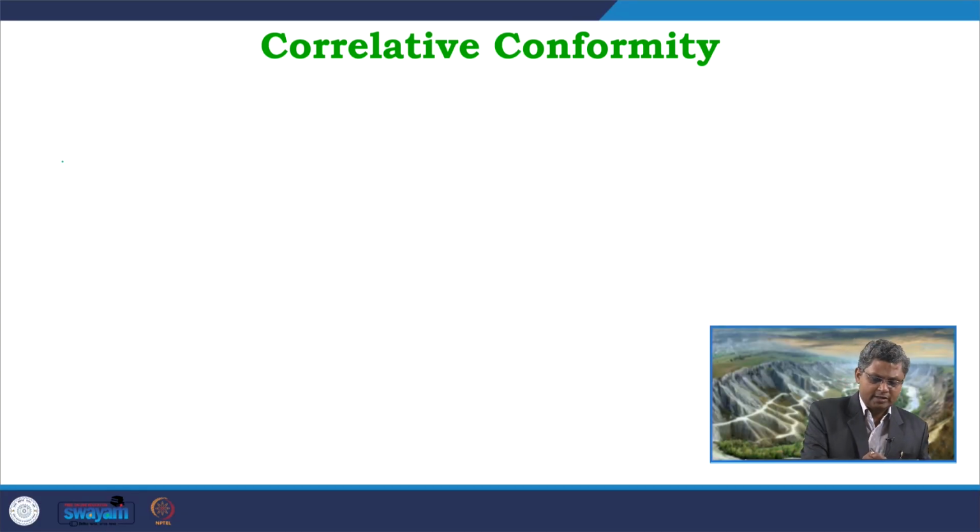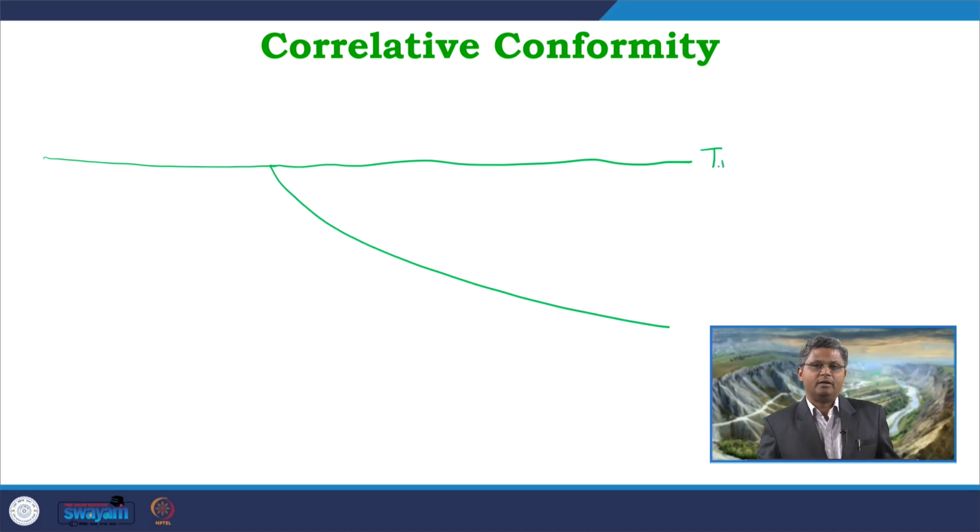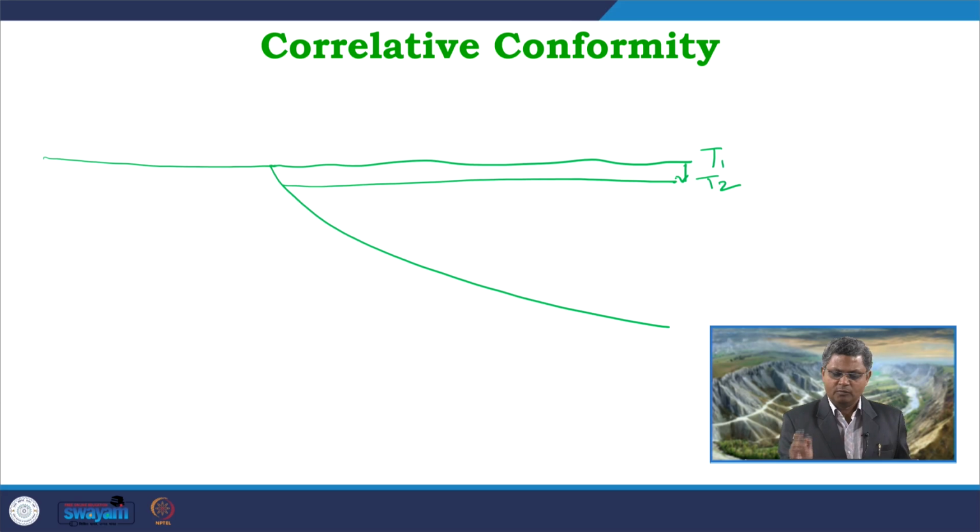So, we can understand this with a simple diagram. I think in that case it will be much easier to understand what we actually mean by this surface, correlative conformity. So, let us think of one basinal condition. This is the fluvial part and this is the basin, and within this basin this is the water level at time t1. Now, this water level is falling, and it is falling to level 2 at time t2, and in that way it is going down. For this second level of water, what will happen?